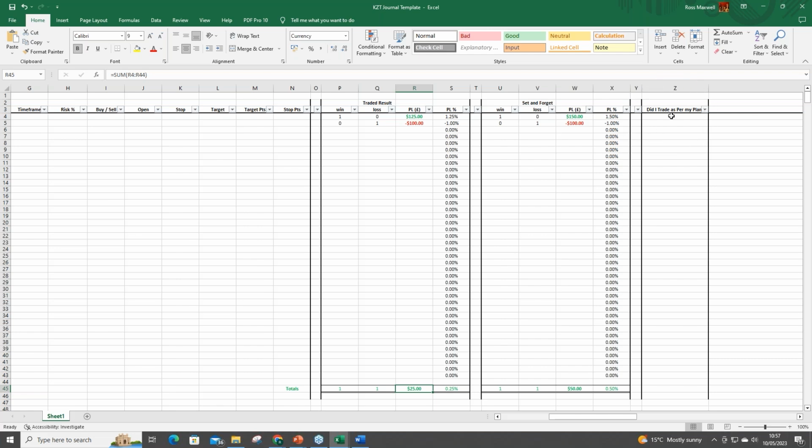Just a quick yes or no: did you follow your trade as per your plan? If you did, brilliant. Say you came out early and you're like, no, I didn't actually follow my trade plan, but yeah, I did on that one. Again, this will tell you very quickly if you're following your trade plan. You want to be following your trade plan 90% plus of the time, okay? You've got to allow for imperfections as human beings. You're going to make mistakes, and some decisions will be out of your trade plan.